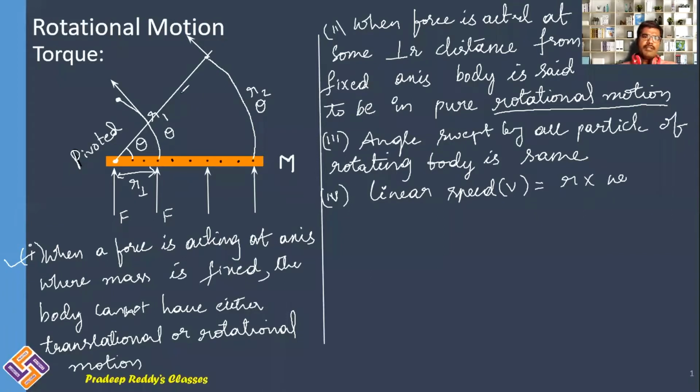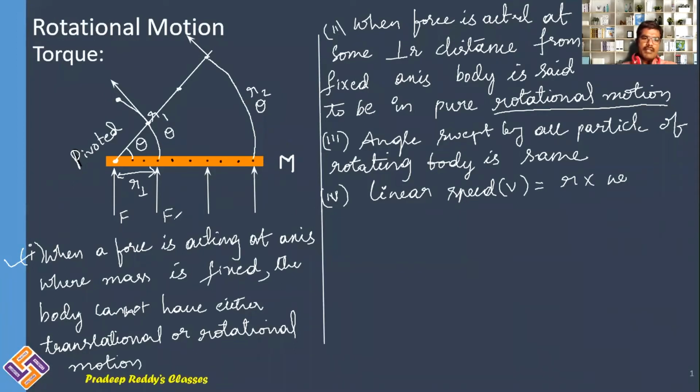Now the velocity of the particle at each position is undergoing change with respect to time. Therefore, when you act force upon this object, it is easier to rotate the object when you place the force exactly at this point, where it is at a large distance from the fixed axis.